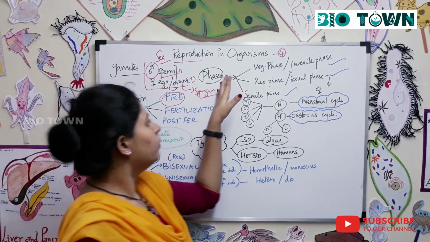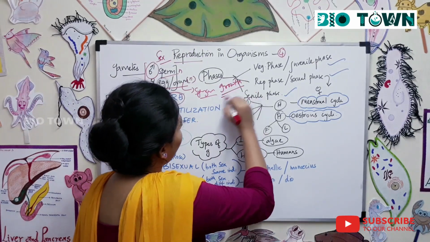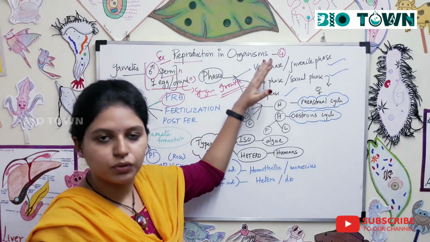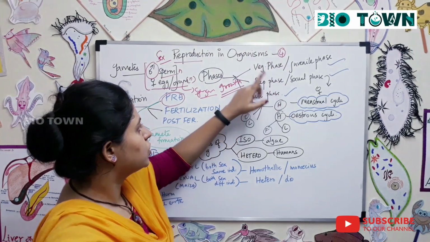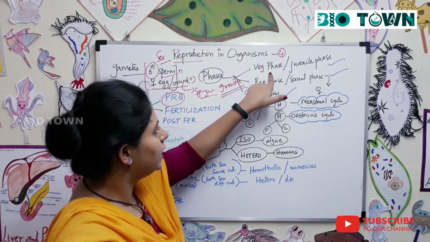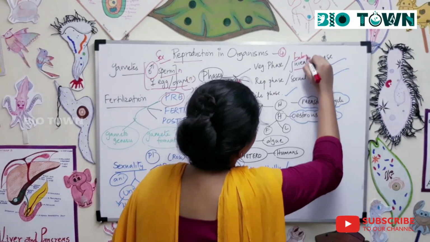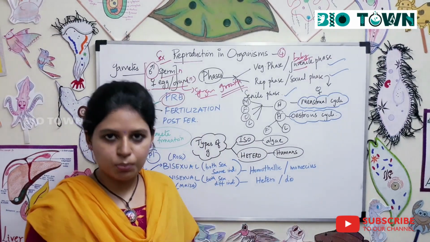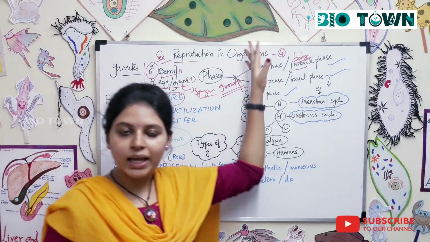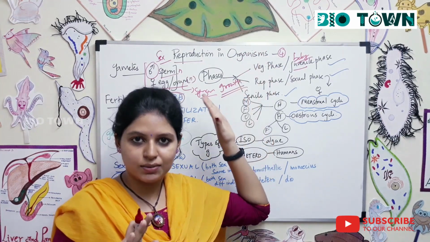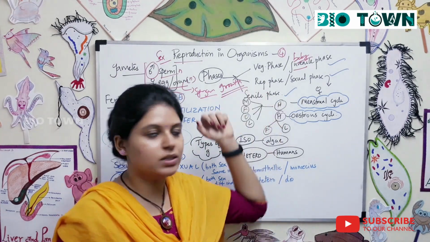So before that we will talk about the phases of growth. And now we have three important phases of growth. Be it a plant or animal or whatever, there are three stages of growth. The first is the vegetative phase or the juvenile phase. So juvenile phase means a baby phase, right after the baby is born. Alright, so this is called the vegetative phase, where there is no sexual reproduction, where there is a lot of growth, hormonal changes and development that takes place in the vegetative phase.